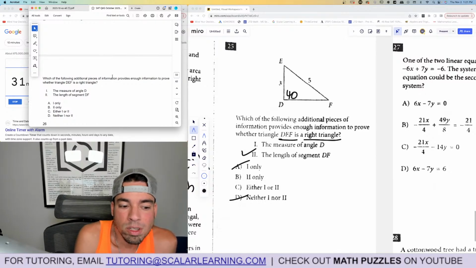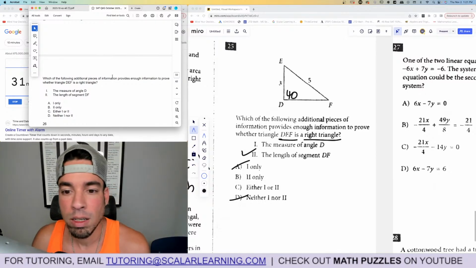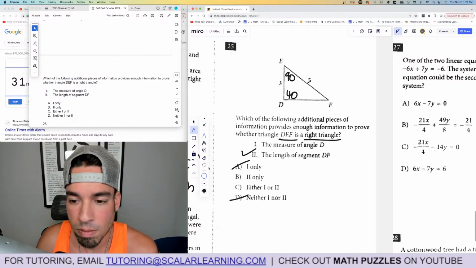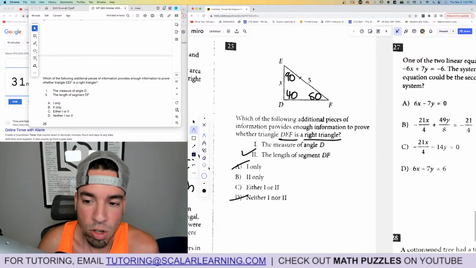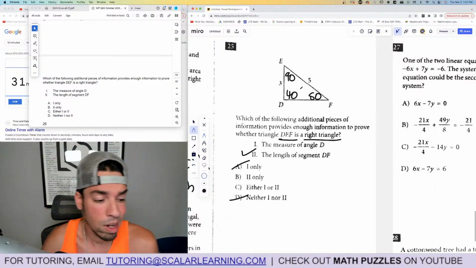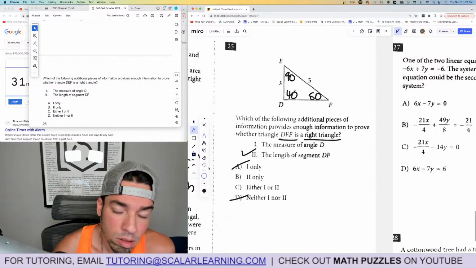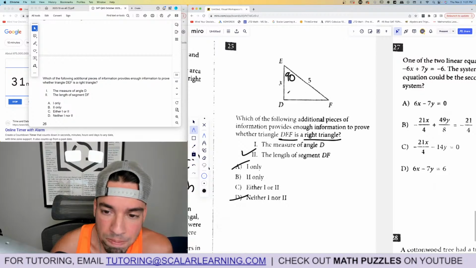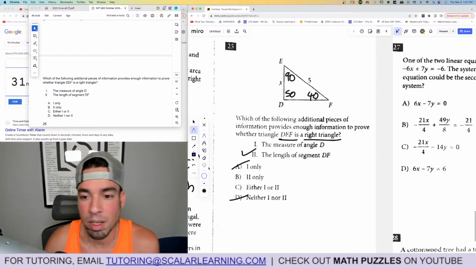Because if D wasn't right, theoretically, E could be 90, right? And then F could be 50. I know it doesn't look like it. It could be, right? And you could say it's not drawn to scale. Oh, wait, this wouldn't make sense. We'd have to do it the other way, right? But let's say, because this is the bigger side, if this is 50 and this is 40 or something,